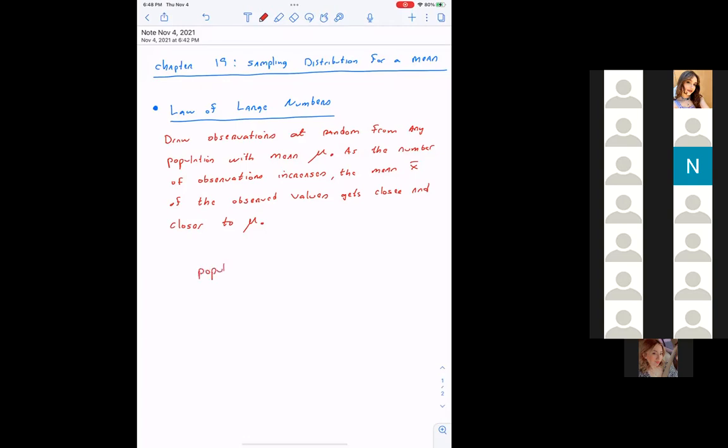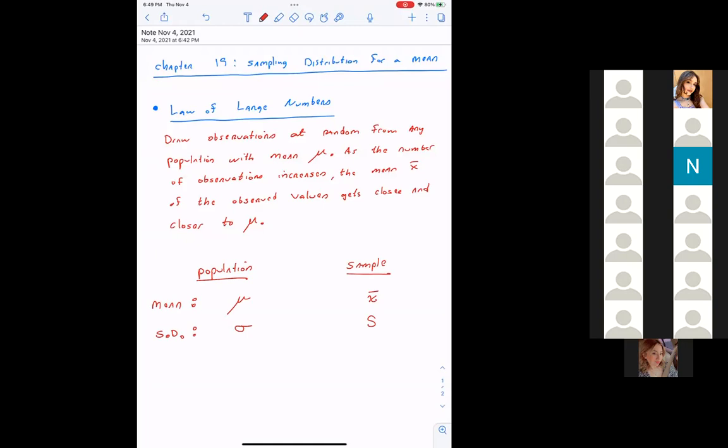In general, you have two things. You have a population and you have a sample. The mean of the population is mu. The mean of the sample is x bar, my sample mean. What is the standard deviation of my population? It's sigma. And what is the standard deviation of my sample? It's S, correct? The sample standard deviation.